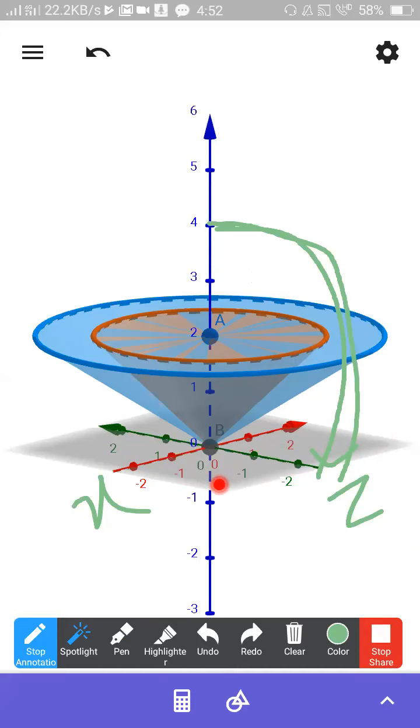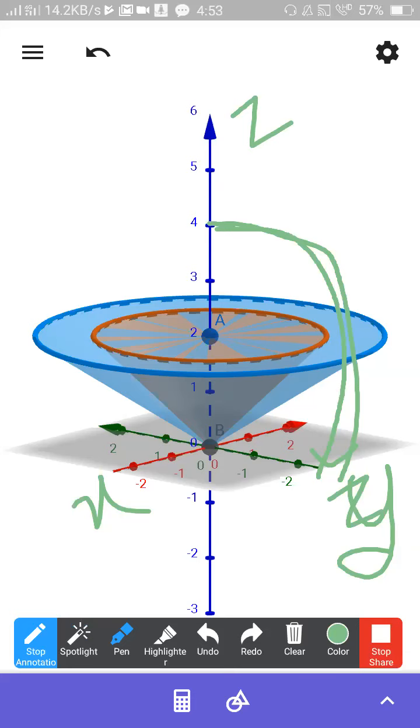Somebody tell me, XY plane or XZ plane? Yes, sorry, XY plane. Generally, red color is X and green color is Y. This is always our Z. That is the XY plane. The gray color plane is always the base plane. Once you keep on increasing theta, that cone will become like a circle on the base plane.